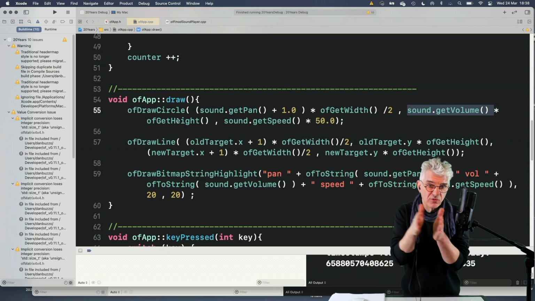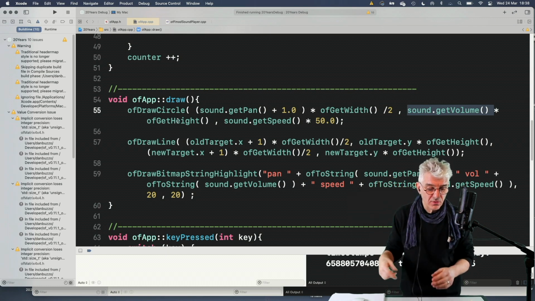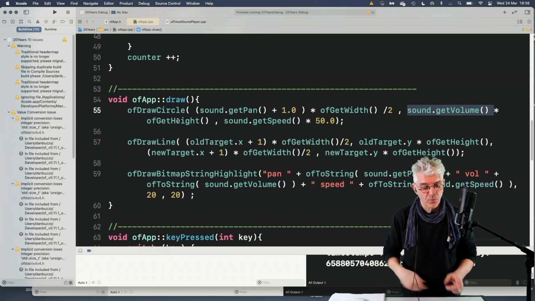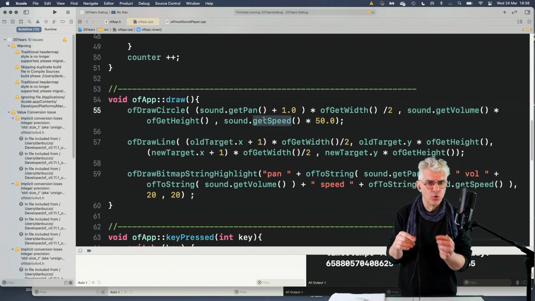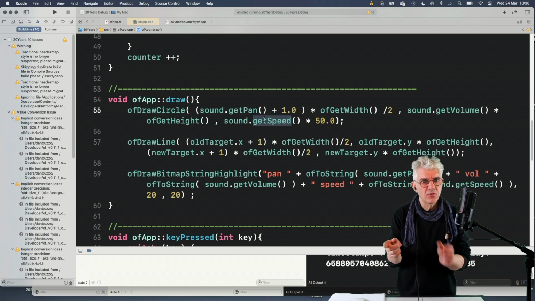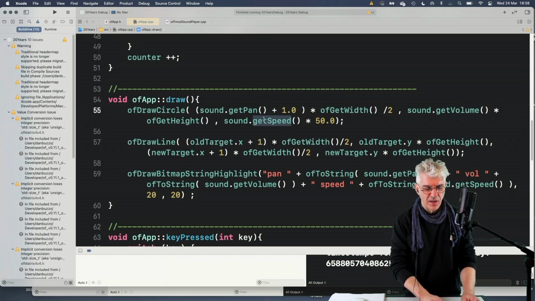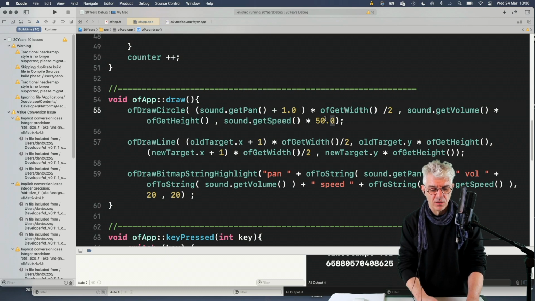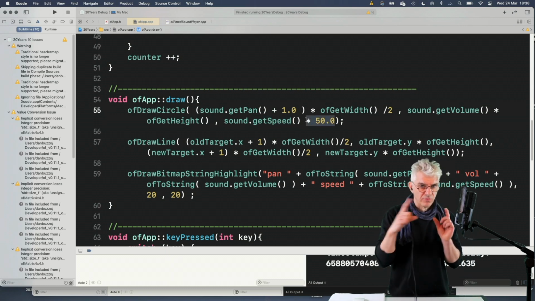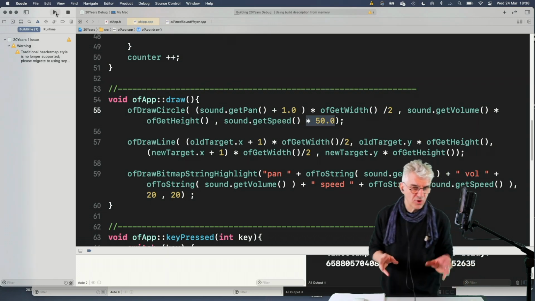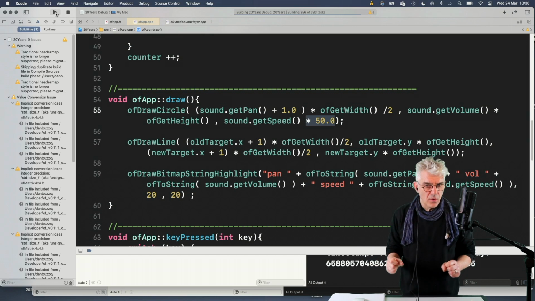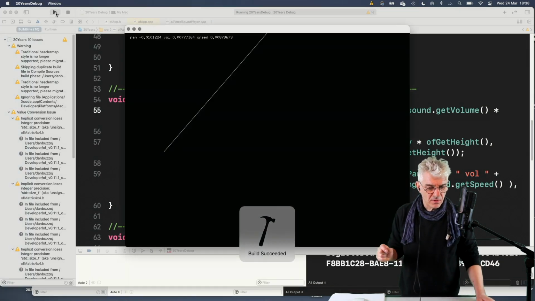And then I want to make the size of the circle, the radius, equivalent to the speed. So I'm going to say get the speed, which, with that speed, we set it to be 0.5 to 1, so half speed to full speed. And I'm just going to times that by 50. So it'll be from 25 to 50 pixels in size. And if I play this now, I'll run this and compile. What it should give us is,